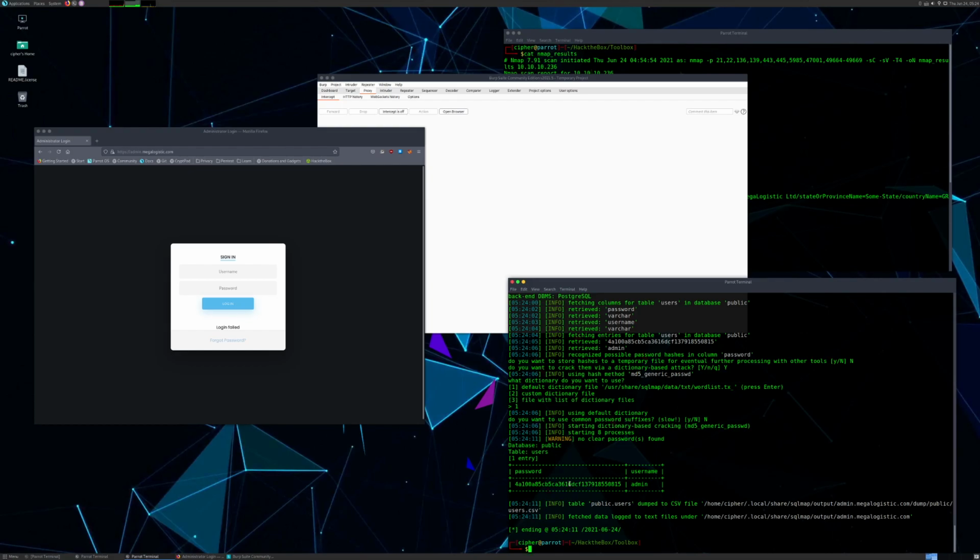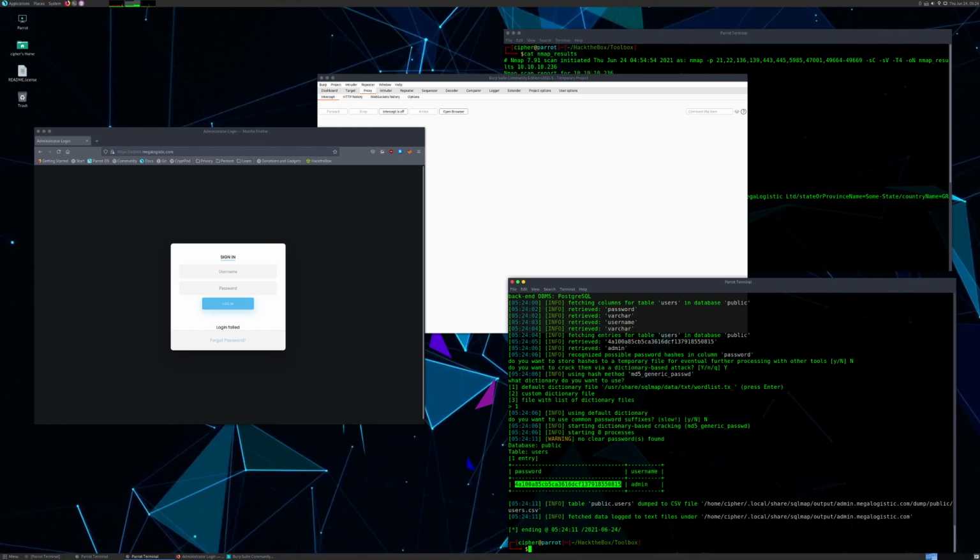So no clear passwords found. We do have this one, and I'll be honest, I spent some time on this. Couldn't find it. I could not crack that thing. I'm sure if you really spent a lot of time on it and really, really wanted to, you could probably find a solution for that, but it's not overly necessary. So we're going to skip that part for now. But that's how you get information from